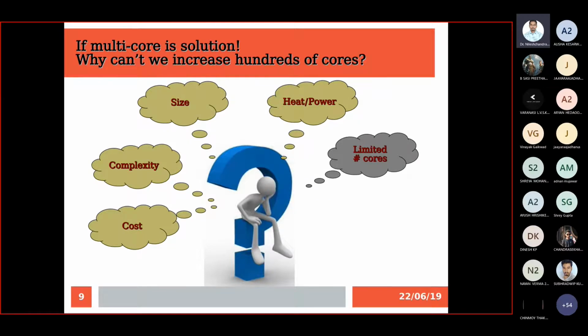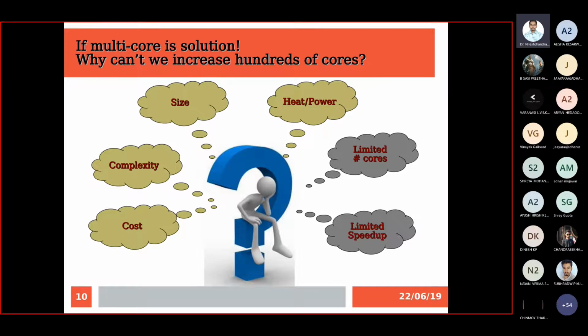Now, if we have a limitation of putting multiple computing resources on a processor, then your speedup, or performance, will be limited to that number of cores only. If I have a dual core system, I cannot expect performance 3 times or 4 times; I can expect a maximum of 2 times. With a quad core processor, I can expect a maximum of 4 times better, but not beyond that. So limited cores mean limited performance and speedup. These are the limitations for multi-core CPUs.